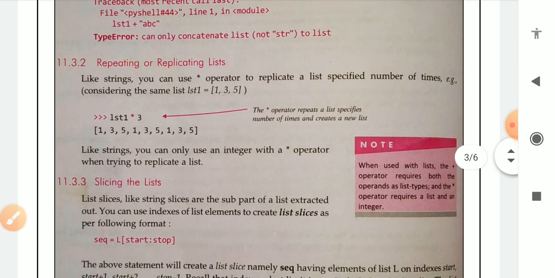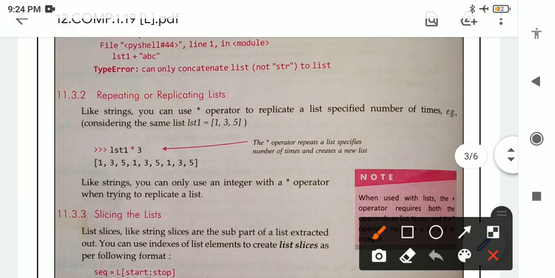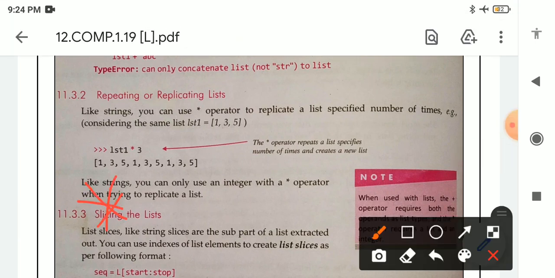Second, repeating or replicating a list. Like strings, you can use the asterisk operator to replicate a list a specified number of times. Here for replicating a list we will use this symbol, known as asterisk.